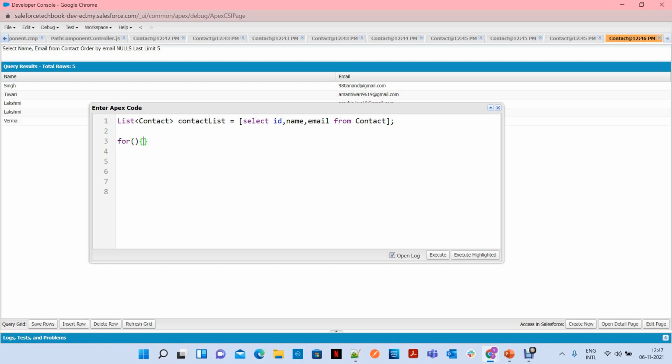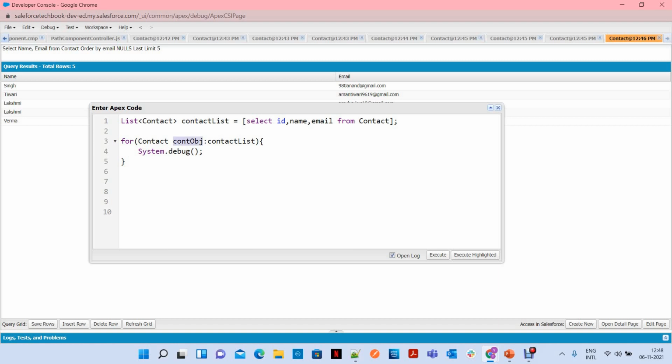Let's see, for Contact contObj, I am going to loop through this. I am going to use System.debug. Here you are going to process whatever you want. For now, what we are going to learn is how you can access every field value from your records.